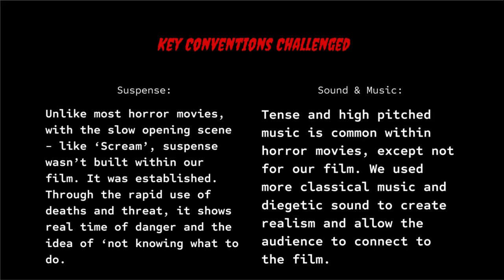Lastly, one of the key conventions that was challenged was sound and music. Tense and high pitched music is common within horror movies, but not ours. We provided more classical music and created a diegetic sound to create realism and allow connection from the audience to the film.